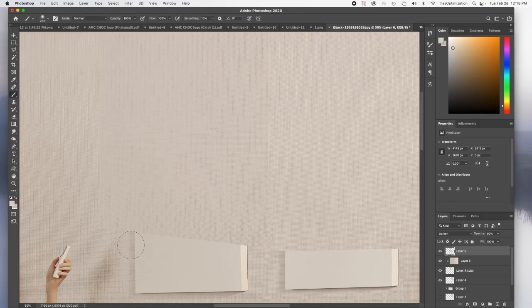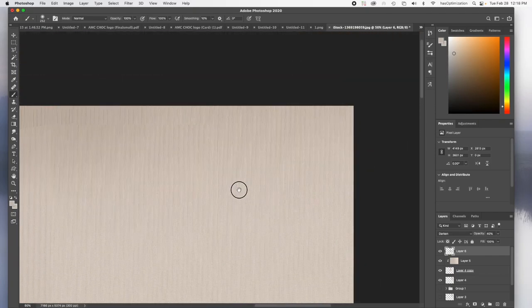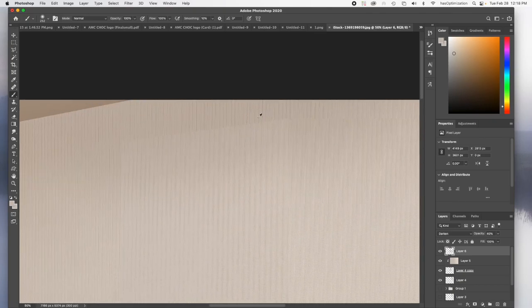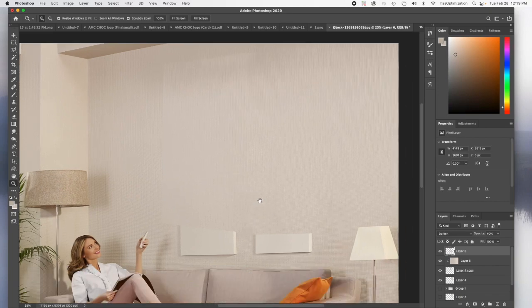So like I said, this is going to reduce down so we don't have to go too crazy with it. It would be nice if we could just have an exact match right away, but we don't. So we'll just do kind of our best here. This side's not looking too bad. All right. So now that we've got that